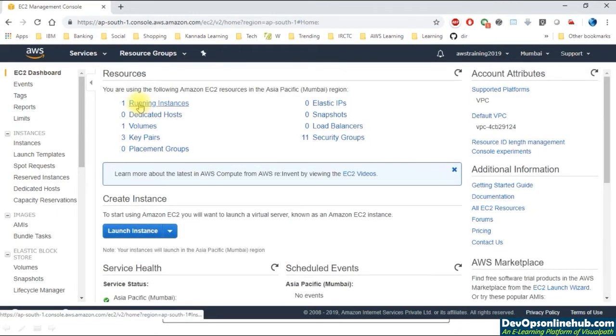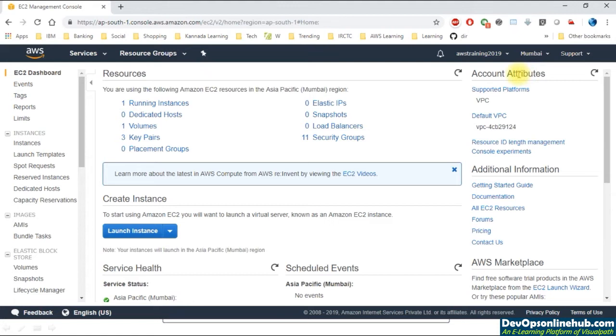So we see that this is the dashboard of the EC2 section, where we are able to see what all resources are actually created. I already have one EC2 instance which is up and running. It has one volume attached to it. There are 3 key pairs in my AWS account in the Mumbai region, and then it has 0 placement groups, some 11 security groups, 0 load balancers, 0 snapshots, and 0 elastic IPs.